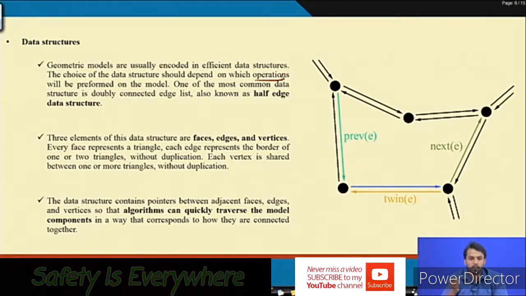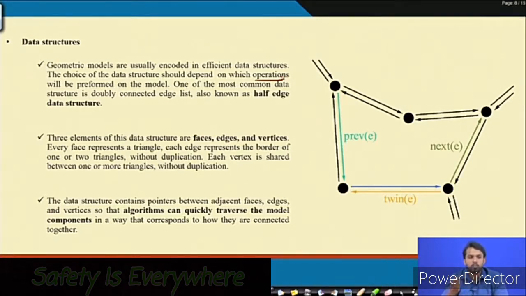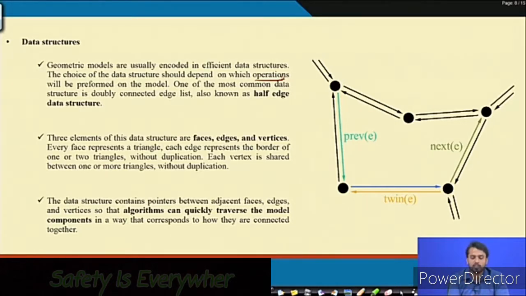Because we are mimicking a complete real environment, in the real environment there are static components and dynamic components. The static components do not have any movement, but the dynamic components have movement along a linear axis, or that can be in a rotation manner also. So for that purpose we are creating a common data structure in which we can develop all the 3D models.